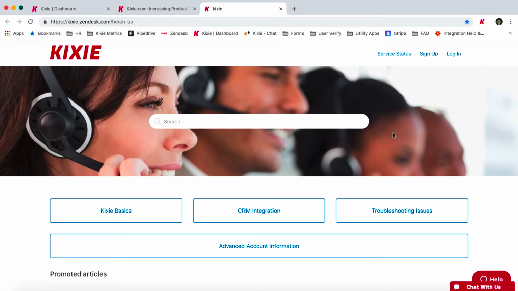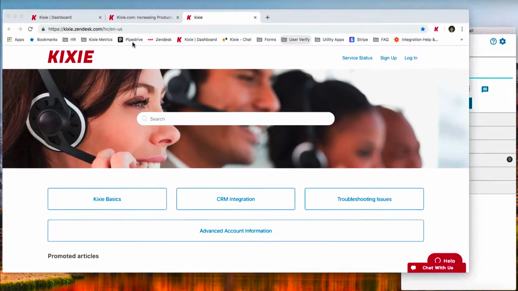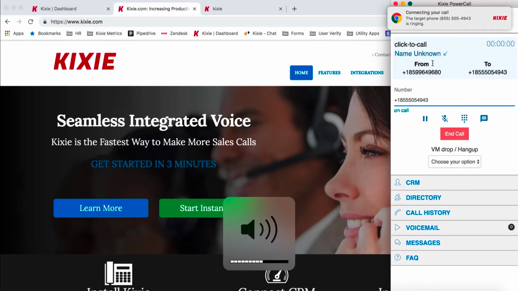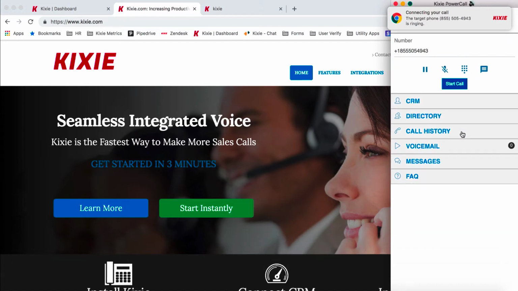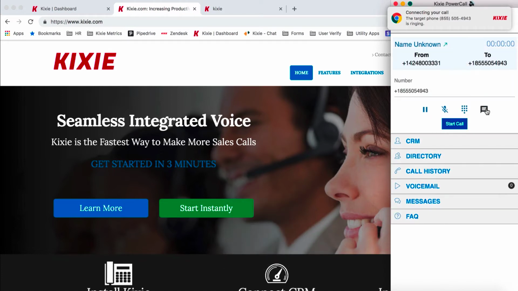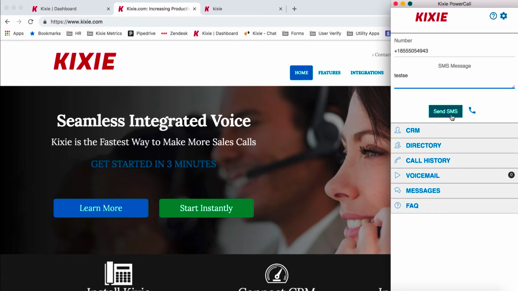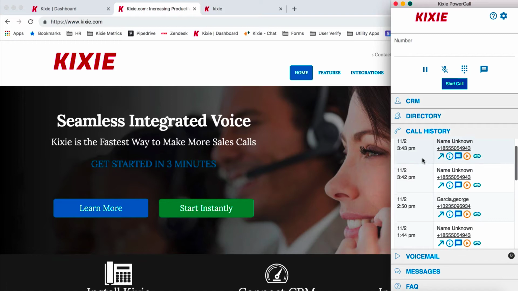So let's go ahead and test a call. We can either manually enter a number or we can use the click to call feature and place a call that way. You could also send a text message from here. And as we mentioned earlier, all of this information will be displayed in your call history